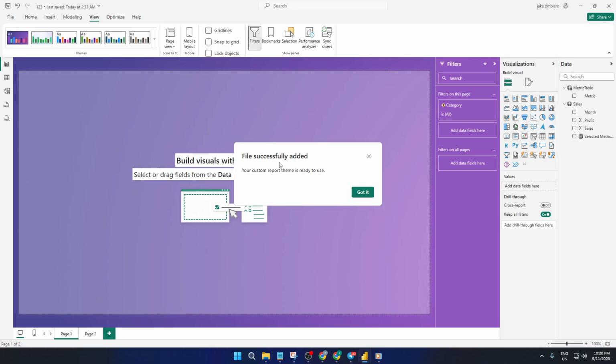And that's it. You've now got the tools to customize, save, and share your own Power BI themes like a